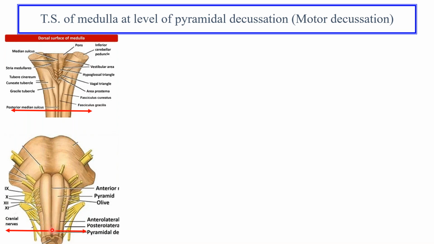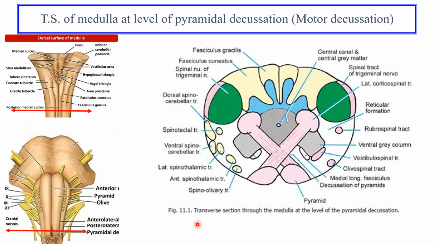So anteriorly, the first structure that you will form ventrally in the median plane would be the anteromedian sulcus, followed by a swelling. That swelling will be the pyramid swelling, and then you will draw another sulcus, which is the anterolateral sulcus, and so on you will go. So let us see how it is drawn. This is the anterior, and this is the posterior aspect of this section of medulla. And before you draw this, you have to make an arrow denoting the anterior and the posterior and the right and the left areas of the medulla.